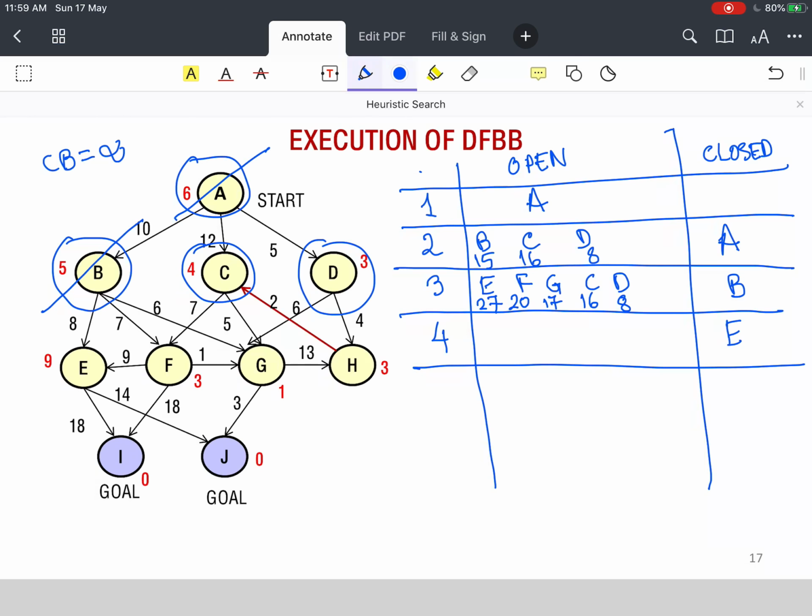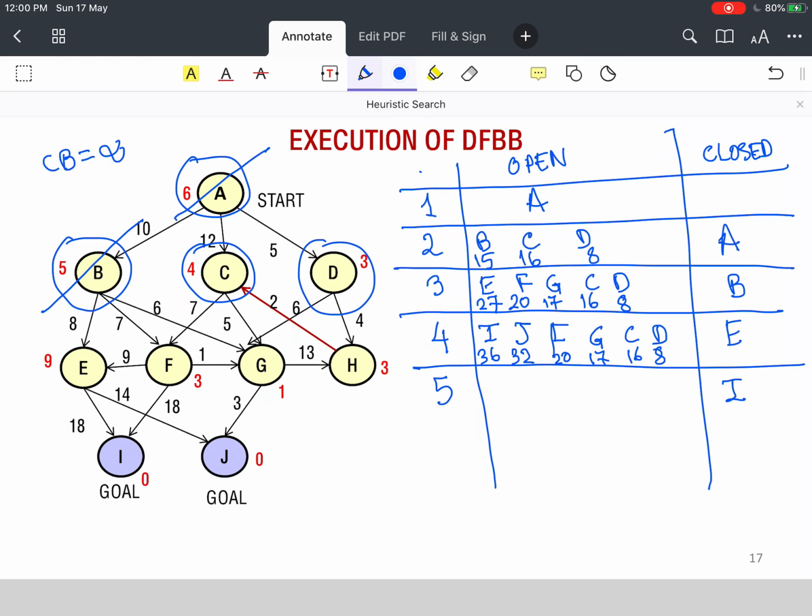Then I will again remove in depth first search E, and I will generate node I, node J, and F will remain, G will remain, C will remain, D will remain. And as you can see, the cost of I will be 36. The cost of J will be 32, and obviously F is 20, G is 17, C is 16, and D is 8.